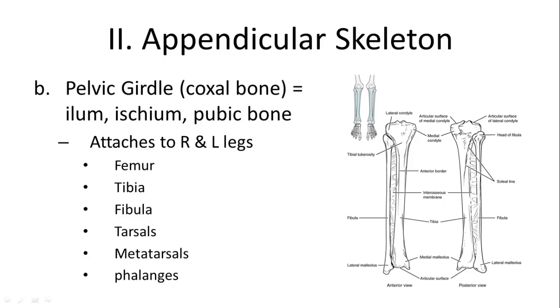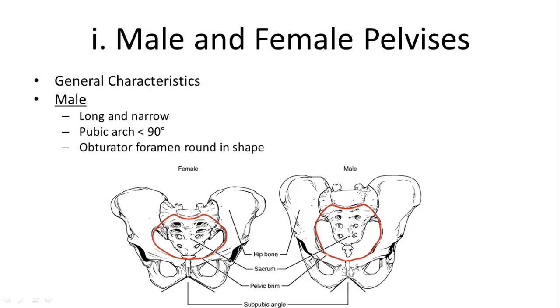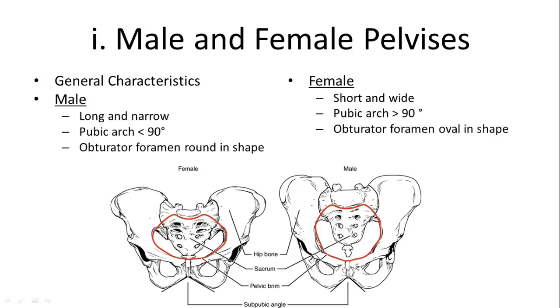The sacrum and the 2 hip bones together form what's called then our pelvis, part of the pelvic girdle. And these vary or are characteristically different depending on whether you are male or female. Males have long and narrow pelvises, and the legs generally sit right under them. And their pubic arch, which is this part here in between the 2 pelvic bones, is less than or about 90 degrees. And the obturator foramen, which is this hole here, is round in shape, whereas females, they're short and